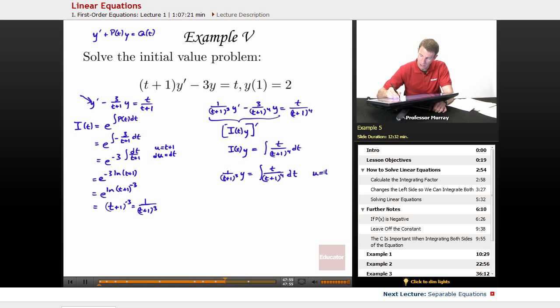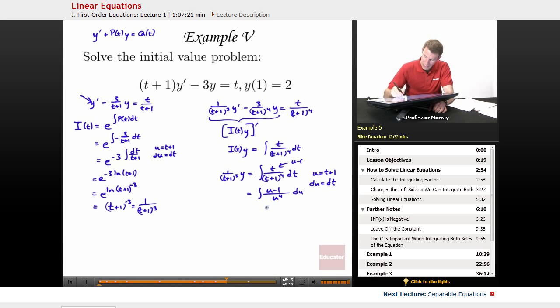u is equal to t plus 1, and then du will just be equal to dt. And I see I'm going to have a t in the numerator that I have to deal with. That'll be, t is u minus 1 if I just solve my substitution for u. So this is equal to the integral of u times u minus 1 times du all over u to the